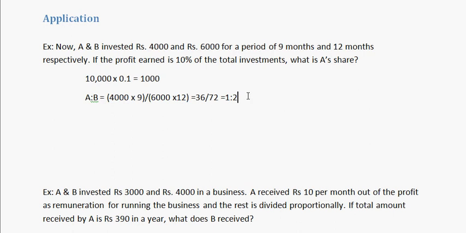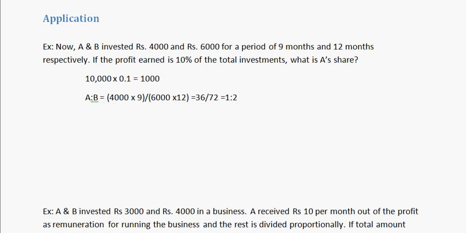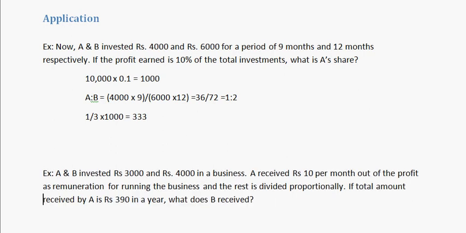So the total profit is 1,000. What is A's share? A's share would be 1/3, right? So 1/3 of 1,000, which is equal to 333 rupees approximately. So that would be the answer. Next question says